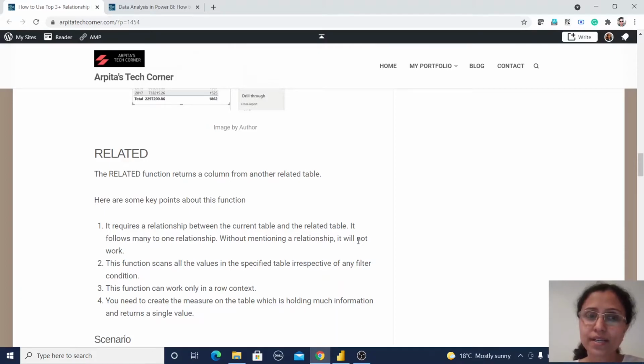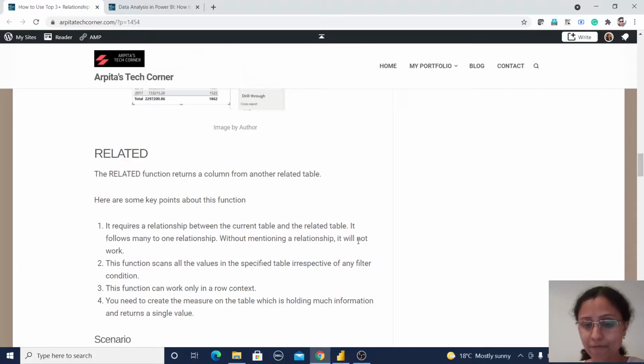Now we are in the RELATED function. The RELATED function returns a column from another related table, and there are some key points. What are those key points? It requires a relationship between the current table and the related table.